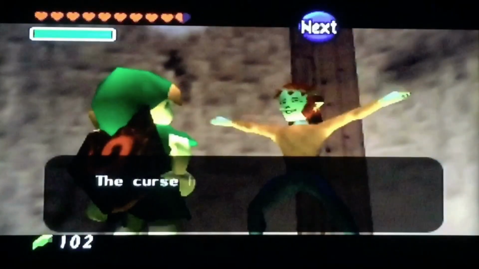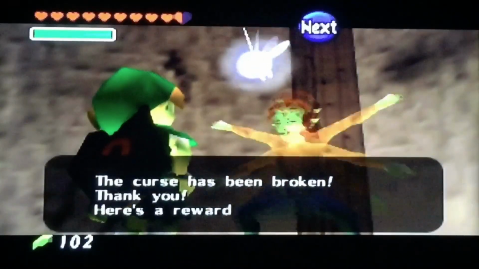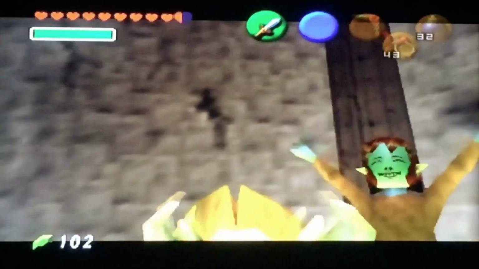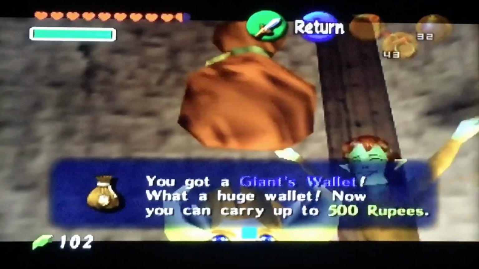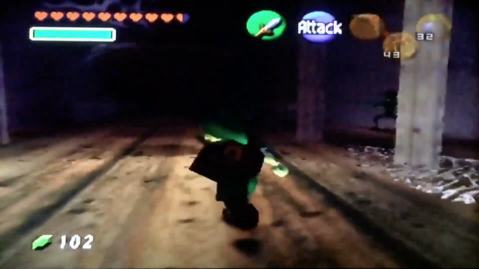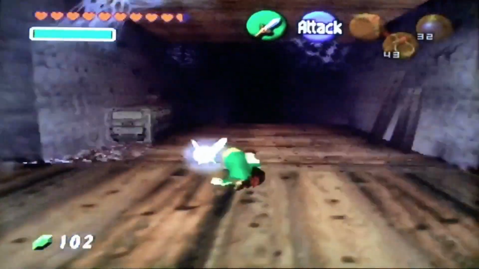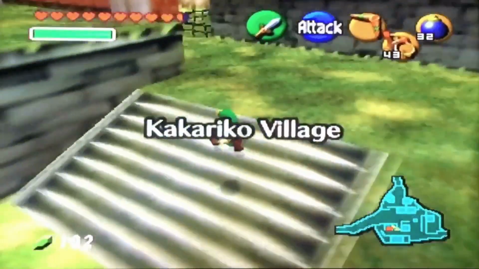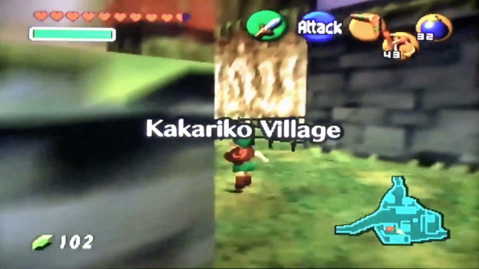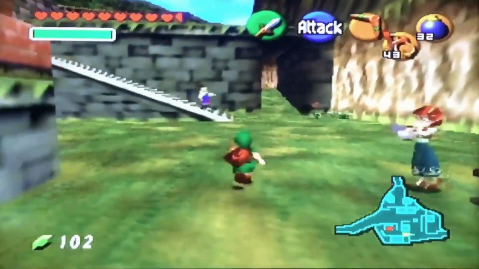So we'll speak to this guy. The curse has been broken. Thank you. Here is your reward. And we got the Giant's Wallet. With a huge wallet, now you can carry up to 500 rupees. This is a game changer, because once you get full, you almost never run out of money. It's ridiculous. It's very useful, very handy for the next side quest that we're going to do that involves buying